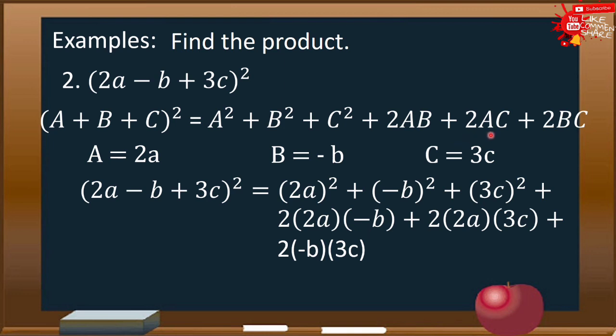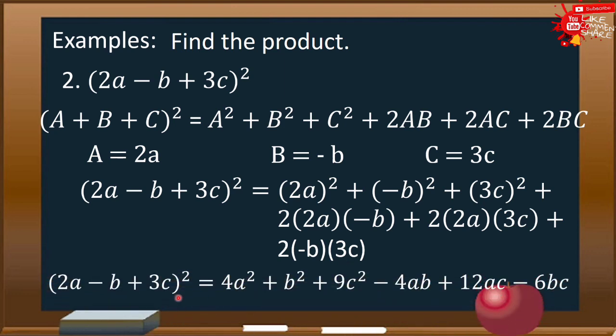And then plus 2ac, substitute, so 2 times 2a times 3c. Plus 2bc, so substitute again the value, so that's why we have here 2 times negative b times 3c. Then let us simplify. So we will have the square of 2a minus b plus 3c is equal to 4a